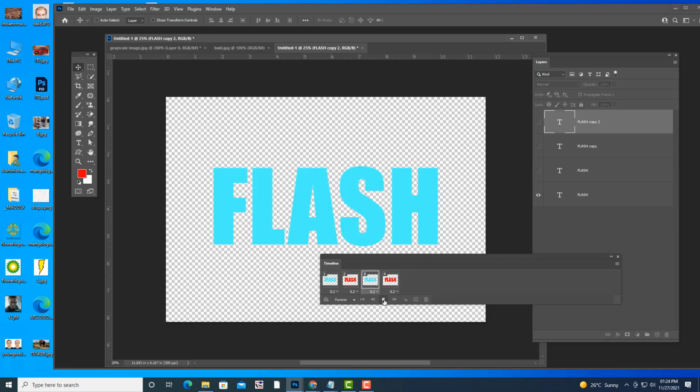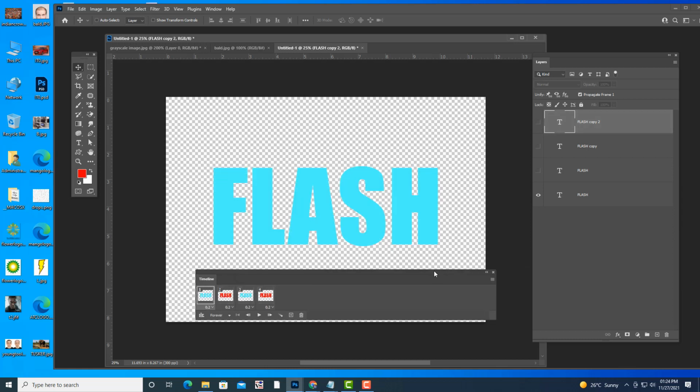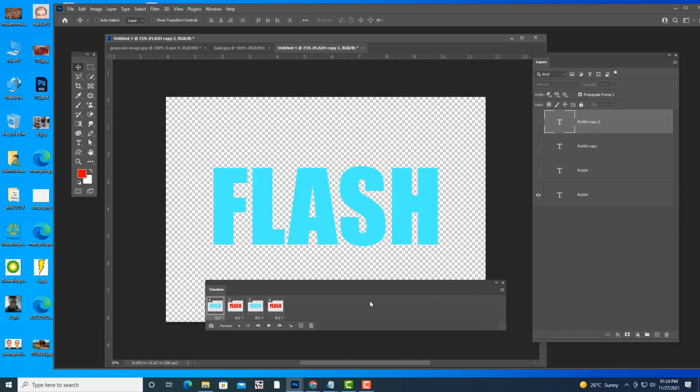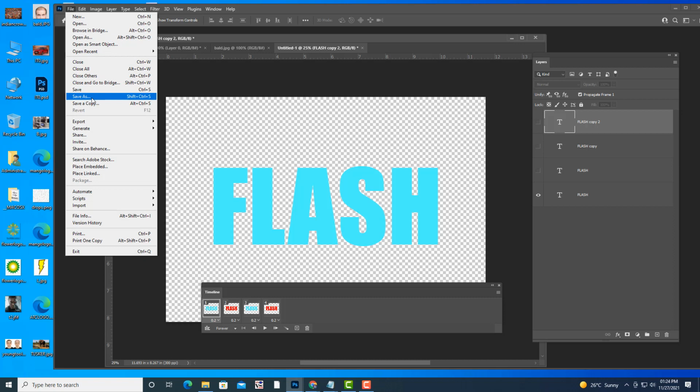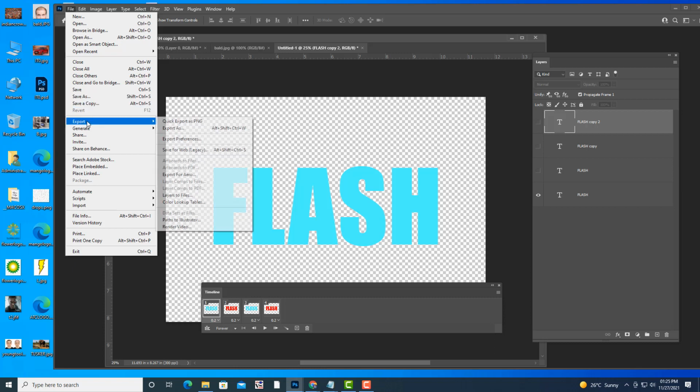Let me save it as a zip file. Okay, so we can save it as a zip file. If you are using an old version of Photoshop, there is one method to save. If you are using the latest version of Photoshop, you can simply go to File and select Save As. But sometimes this option is not available. So what I will tell you is, I am going to File, Export,